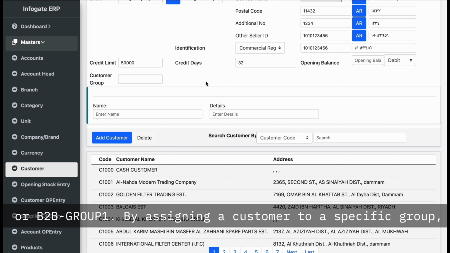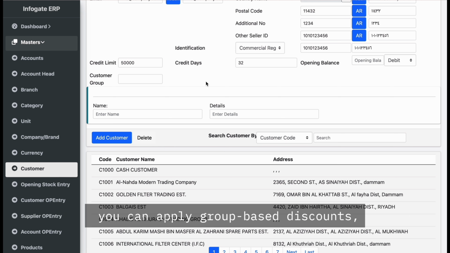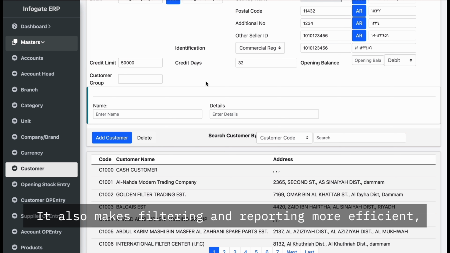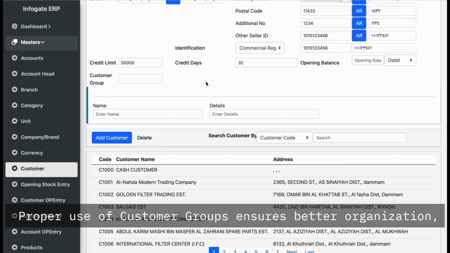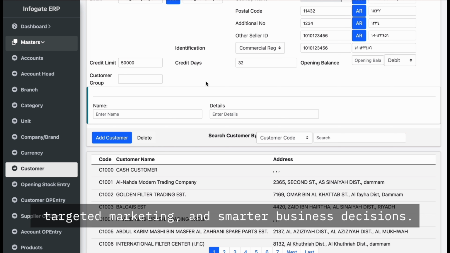By assigning a customer to a specific group, you can apply group-based discounts, pricing rules, or workflow automation. It also makes filtering and reporting more efficient, especially when managing large customer databases. Proper use of customer groups ensures better organization, targeted marketing, and smarter business decisions.